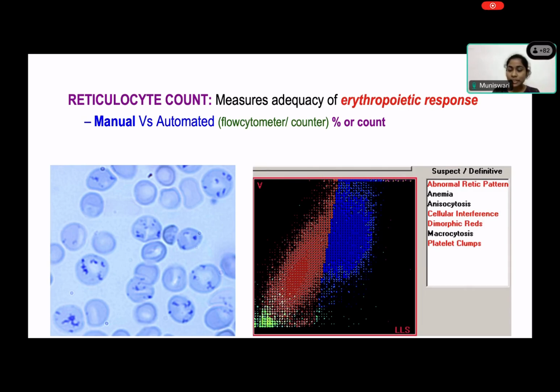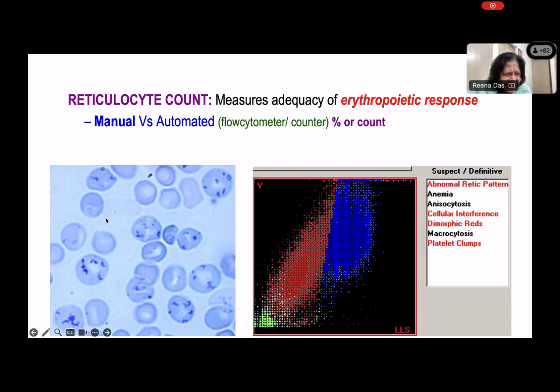Four stages will be there, ma'am, in reticulocyte count. Yes. Based on the content of the RNA in the reticulocyte, the stages are divided. So when we say type 1, is that the most mature or the most immature? Most immature, ma'am. Very good. So as it matures, we go up to type 4,